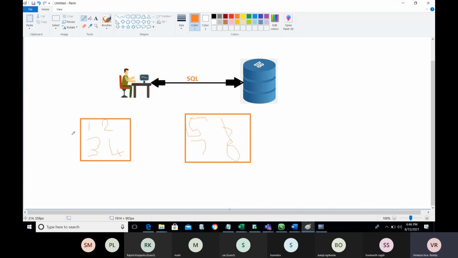I'm thinking all are from a mathematical background. Now, if you did the matrix multiplication, how will it happen? This 1 will go and do the multiplication with all these 4 values: 1 with 5, 1 with 6, 1 with 7, 1 with 8. In the similar way, each and every element will do the multiplication with all the elements of the corresponding set or matrix.